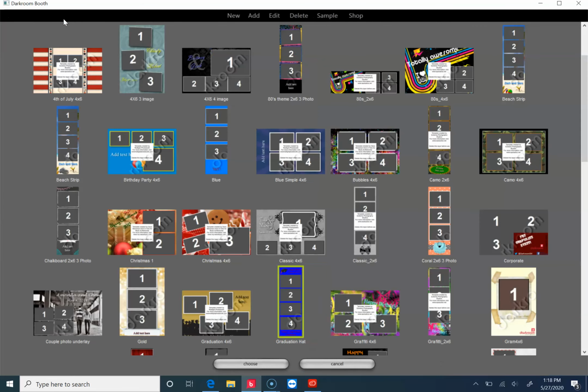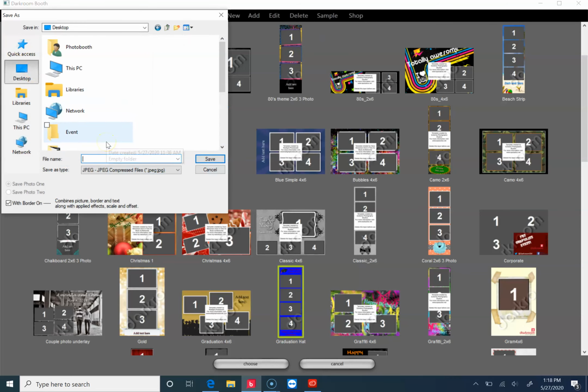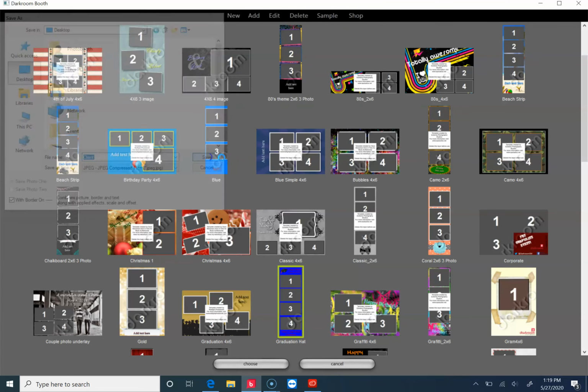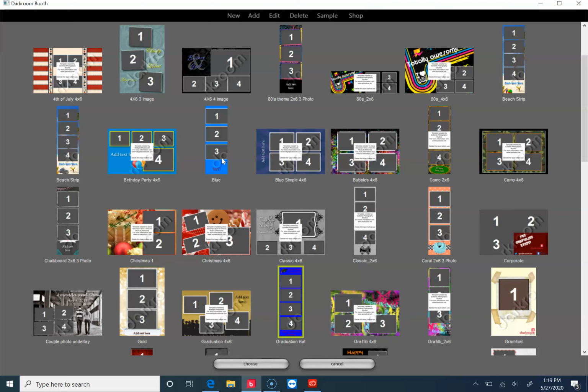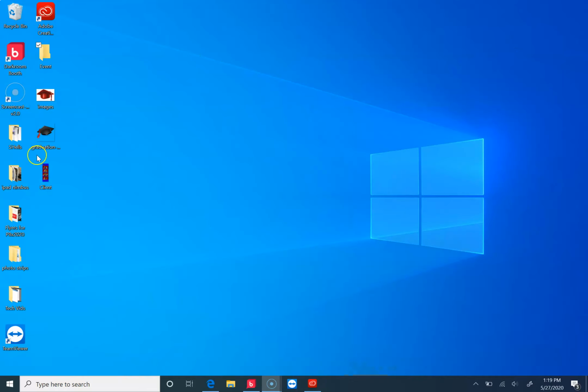Totally up to you. Once you decide on the photo strip, you can then hit sample and you can print it. If you have your printer connected, it will print immediately. If you don't, you can hit save sample, and you could save it on your desktop and just type in your customer name. So client, whoever. Hit save. It will save a digital copy of this image to our desktop. So really quickly, I'm going to go over here, and there it is. So you could see here,